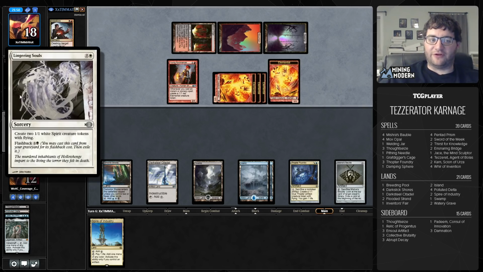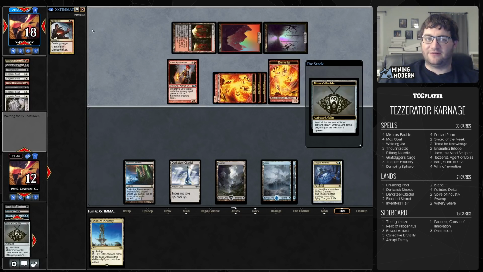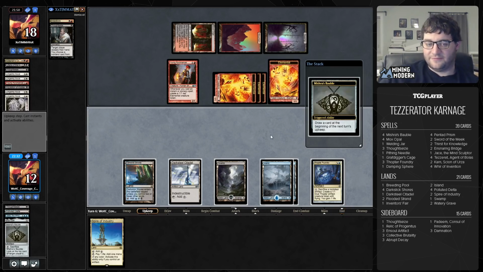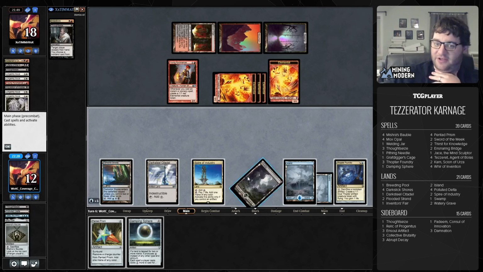Now, all 4 Lingering Souls in the graveyard, huh? All right. Let's see what our opponent's going to draw next turn. We're going to draw a Thoughtseize. Okay. All right, here we go. Moment of truth. Those aren't exactly where we want to be. I've seen worse, but...